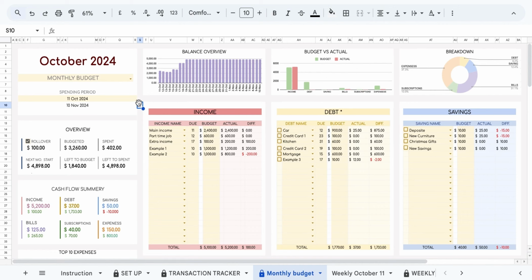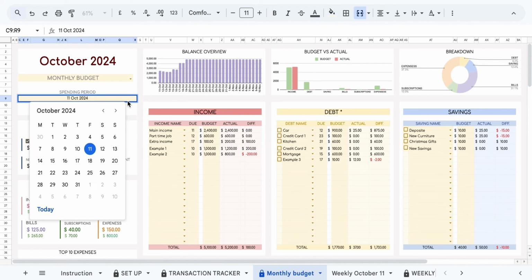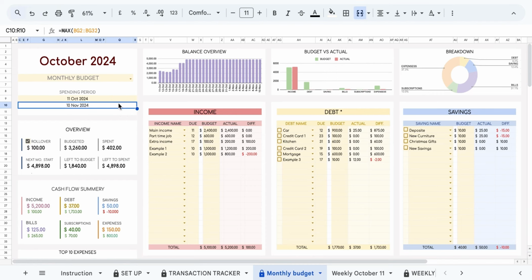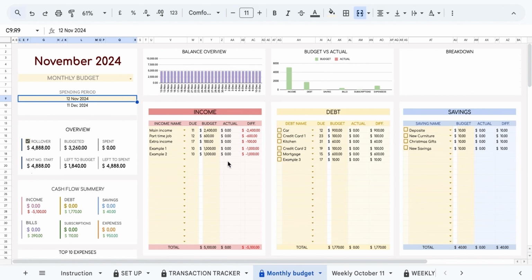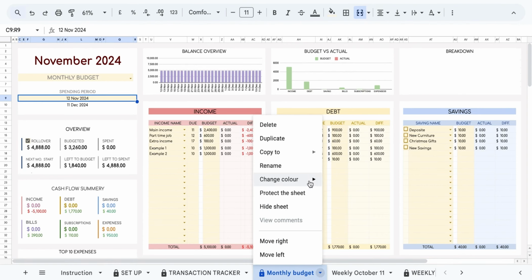When your month or week is finished and you have the same categories and budgets, there's no need to start a new tab. Just change the date at the top. For example, if the end date of the previous month was November 11th, this month will start on November 12th. Simply update the date, and the sheet will automatically calculate the new month or week for you, updating all actuals